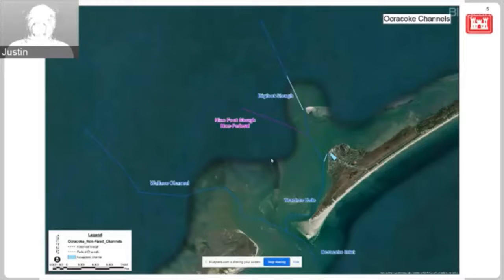And we'll get to this in my presentation. We are hoping to get some dredging done in that channel, Bigfoot Slough, with the help of Hyde County. So thank you guys and Carteret. As far as long term, there,